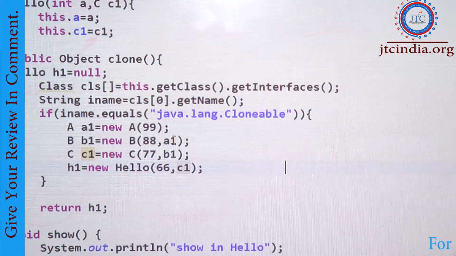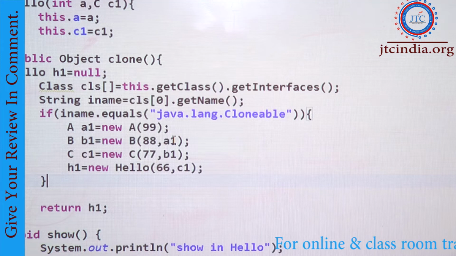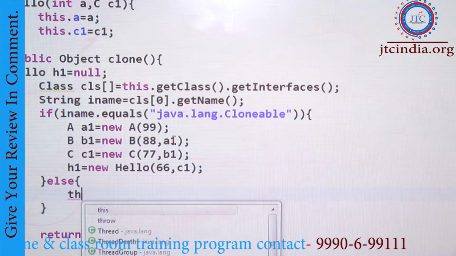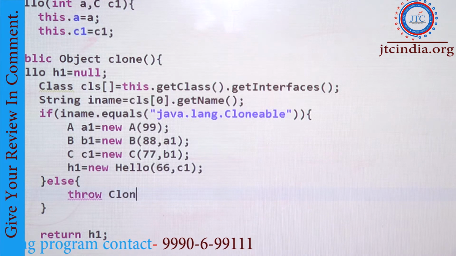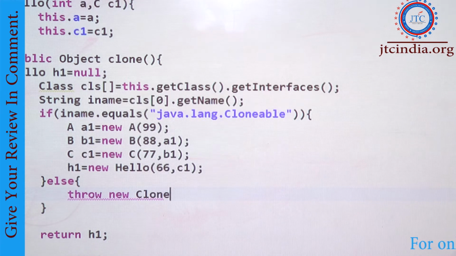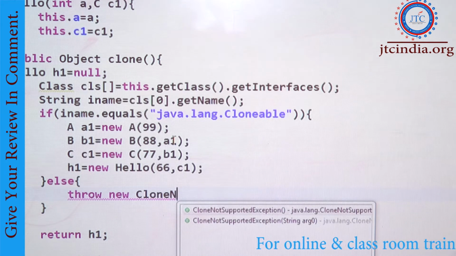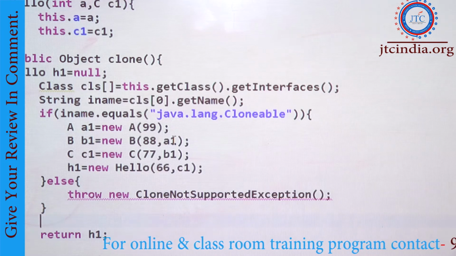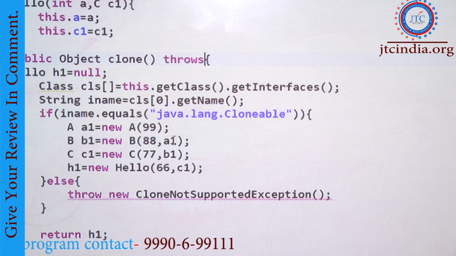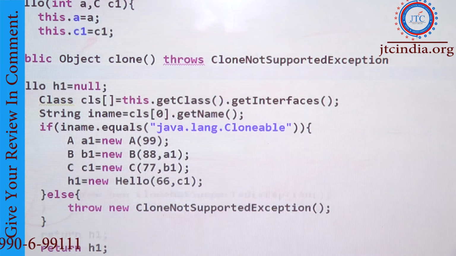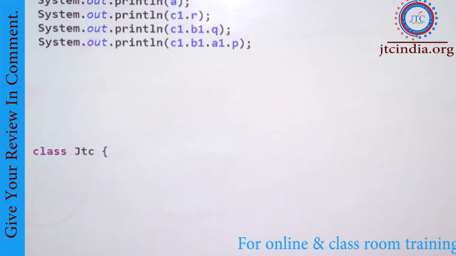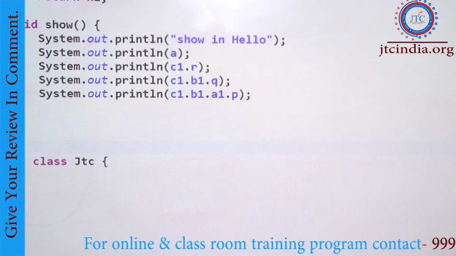And if this was the condition, if it was implementing the Cloneable, then that is the condition, or else now here we are writing throw CloneNotSupportedException. I am throwing CloneNotSupportedException from here. So if we are throwing CloneNotSupportedException, we can declare here CloneNotSupportedException. About this, what the throw and throws do, we will discuss later in the further example. Remaining things what you can do is,